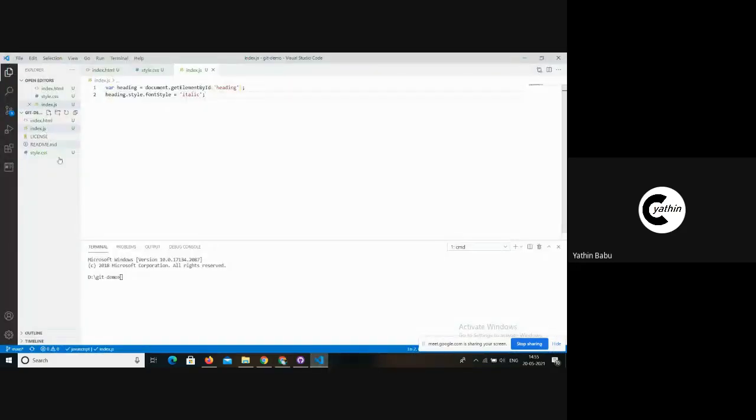So let me first stage it, and then commit it so that we can easily push it to the remote repository.